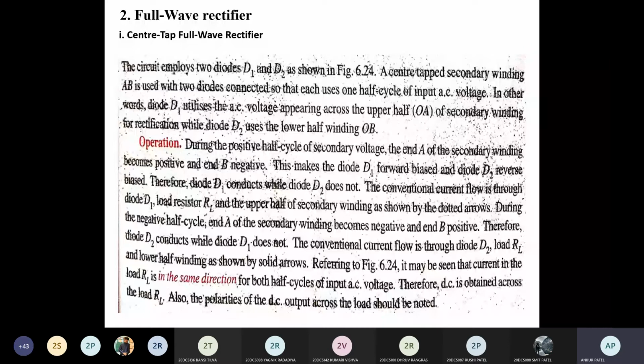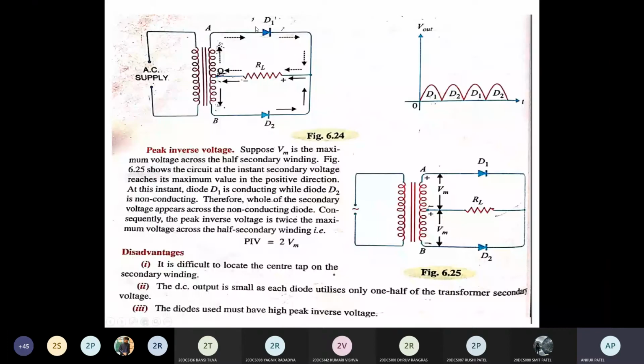So this is full wave rectifier, the center tap full wave rectifier. It is called center tap because we have taken the tapping in the middle of this transformer. Suppose this is our 0 volt at center, then this is 9 volt and this is 9 volt. We are giving AC supply to the primary of transformer. Then according to the requirement, we are doing the step down here. Here the winding is same.